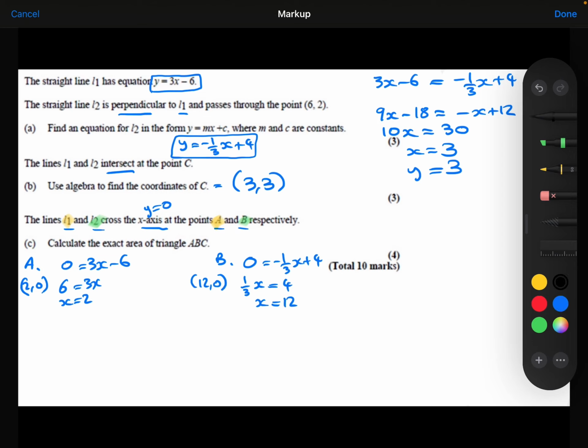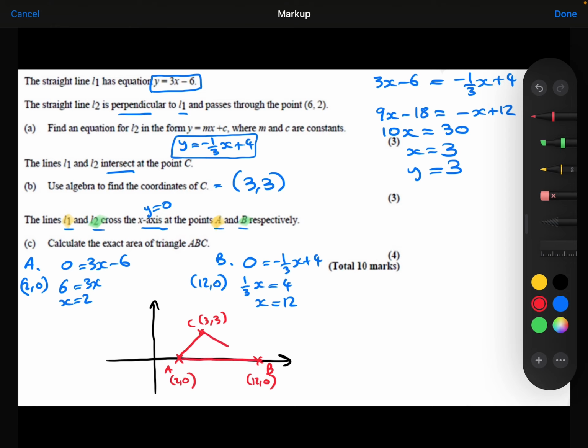Now I know the coordinates of A, B and C. Let me just draw a very quick sketch so I can picture triangle ABC, and then hopefully I can see how to calculate its area. So point A is the coordinate (2, 0). Point B is the coordinate (12, 0). And point C is the coordinate (3, 3). So here is the triangle that we're trying to work out the